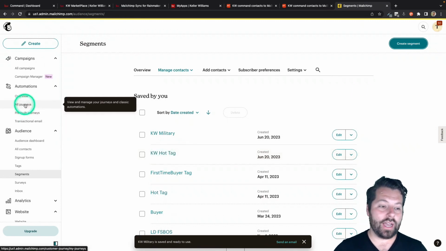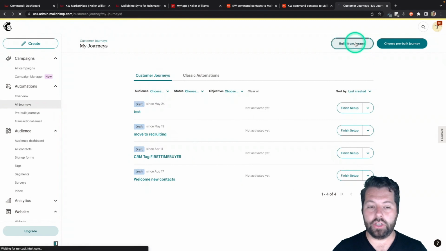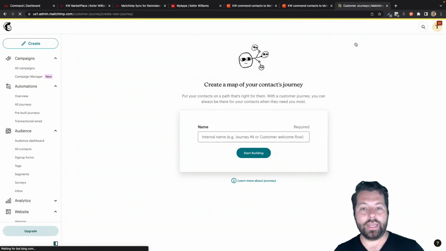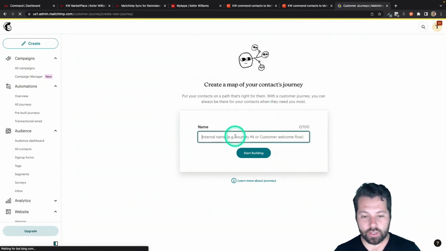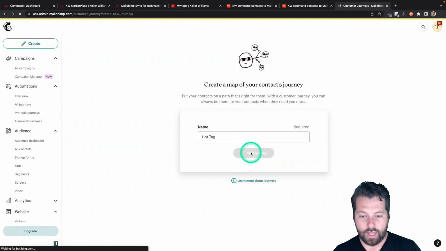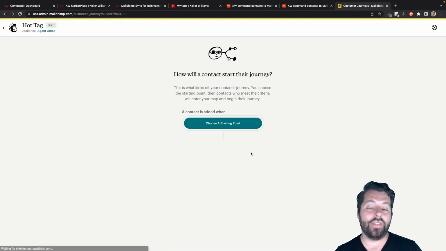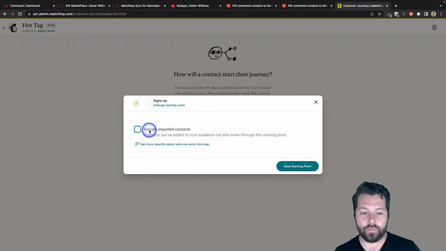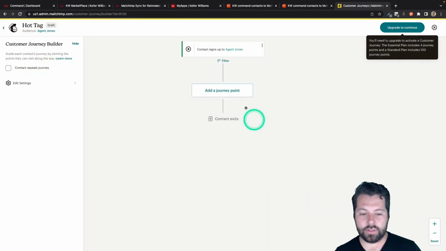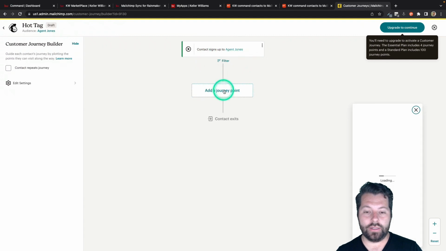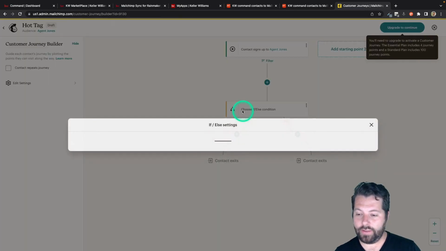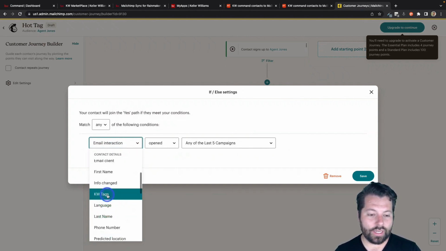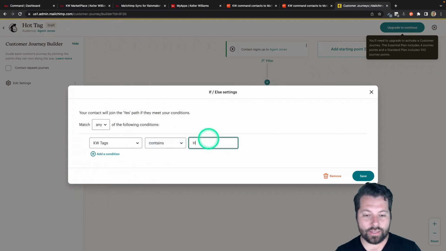The other way you can handle these tags is to come over here to journeys, and you're going to build a journey from scratch. This has a little bit more work up front, but it's a little bit slicker on the back. So I'm just going to call this hot tag and start building. Basically, when a contact is added, so I'm going to say signs up, and anybody imported works too, save starting point. So as soon as somebody is added to my audience, I'm going to add a little journey point and say if else. And then similar to that last thing we did, come up to KW tags and say if KW tags contains hot,